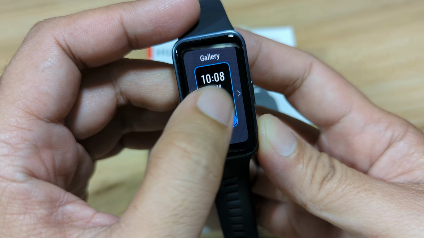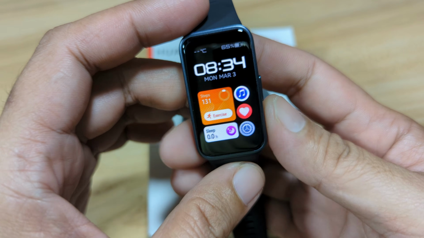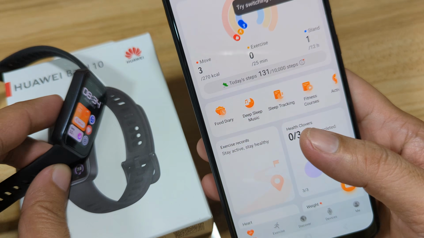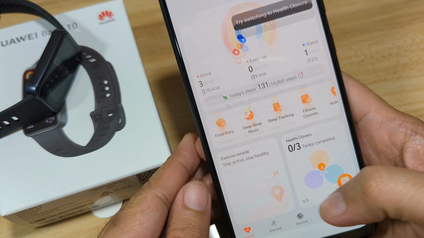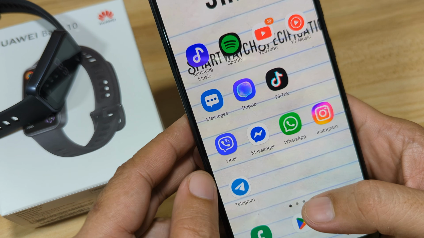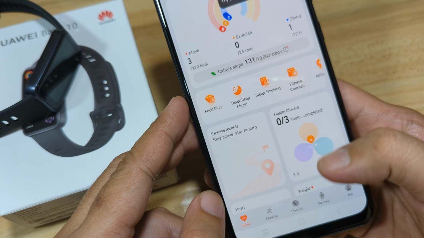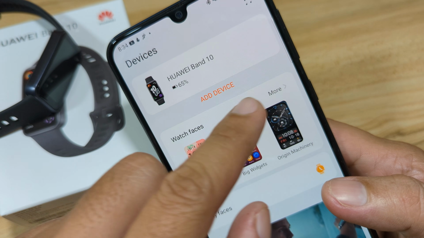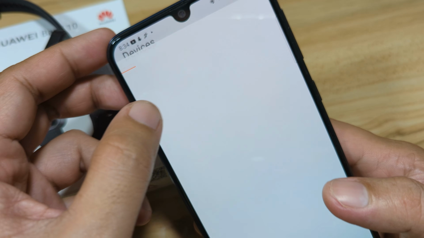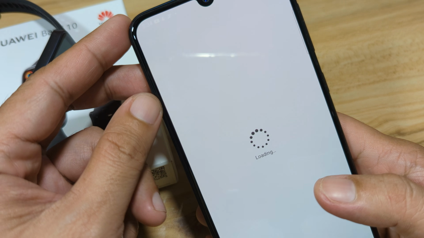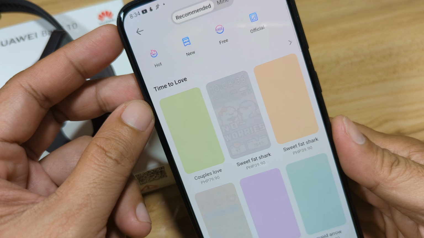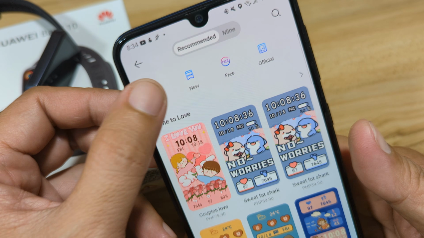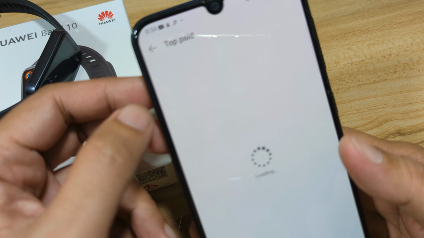So let's try and download an additional watch face for our wearable. So we have here the Huawei Health app. On the device section menu, go to the watch face section, tap on more. It will load the dashboard for the watch faces. So we have categories here, hot,